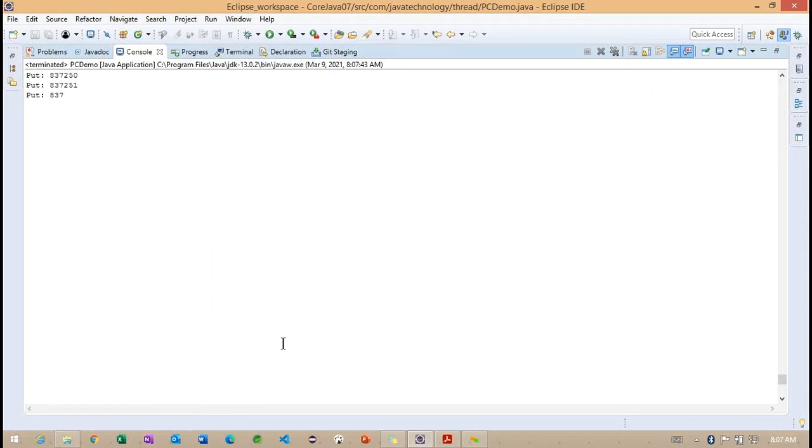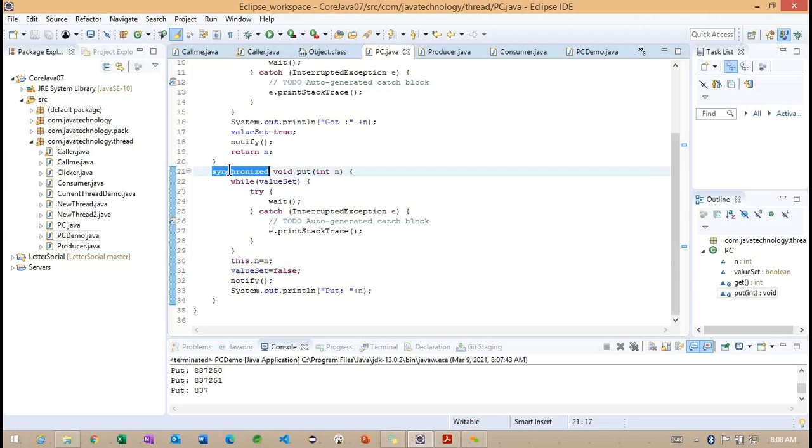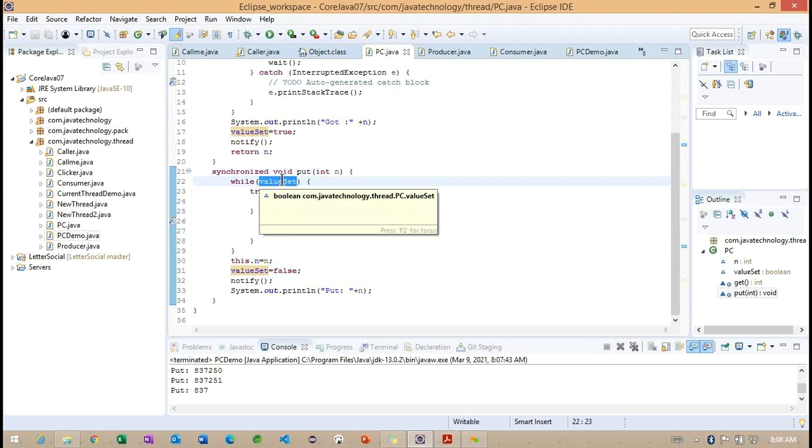Now we'll try to check what exactly is happening. Even though we are using this particular synchronization, this block of code is executing. The code is satisfying here. Again, the logic is being implemented here. Now observe what we are going to do.